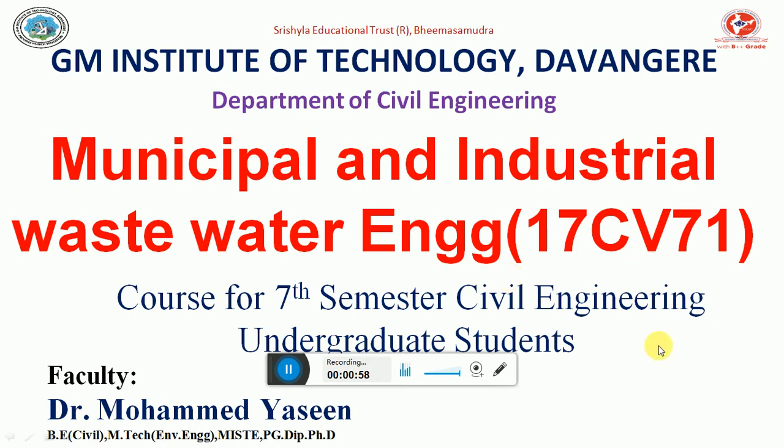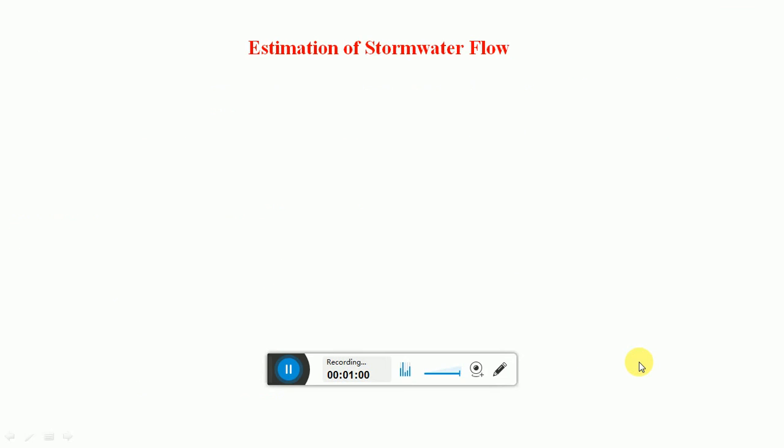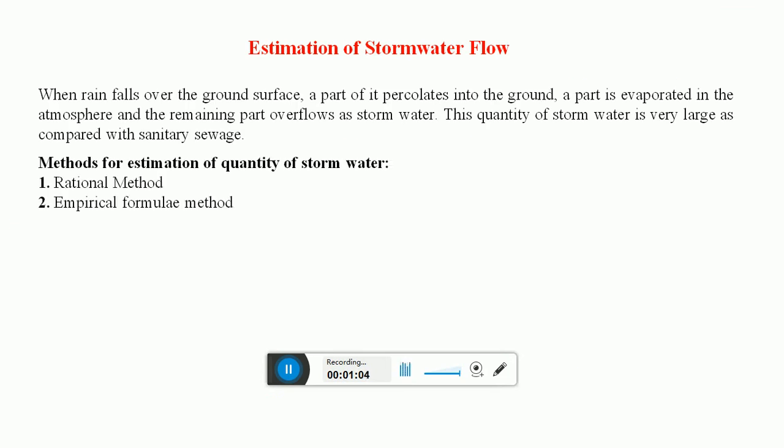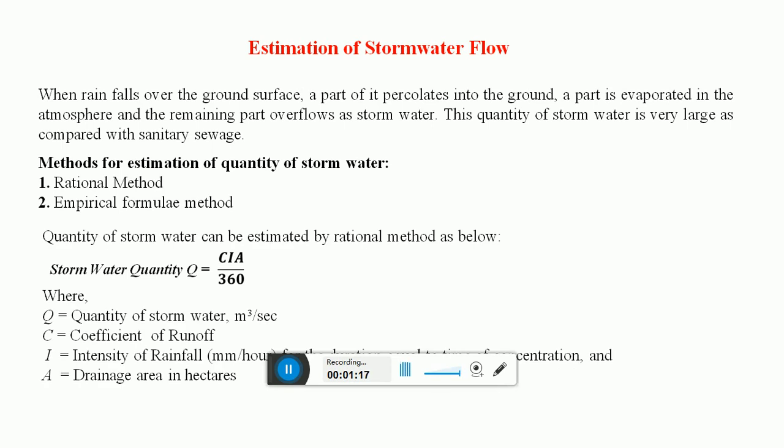So to see here the stormwater flow, as we have seen, we have to find out two different quantities, that is the discharge of dry weather flow as well as wet weather flow. In this equation we will see how the stormwater quantity is estimated.